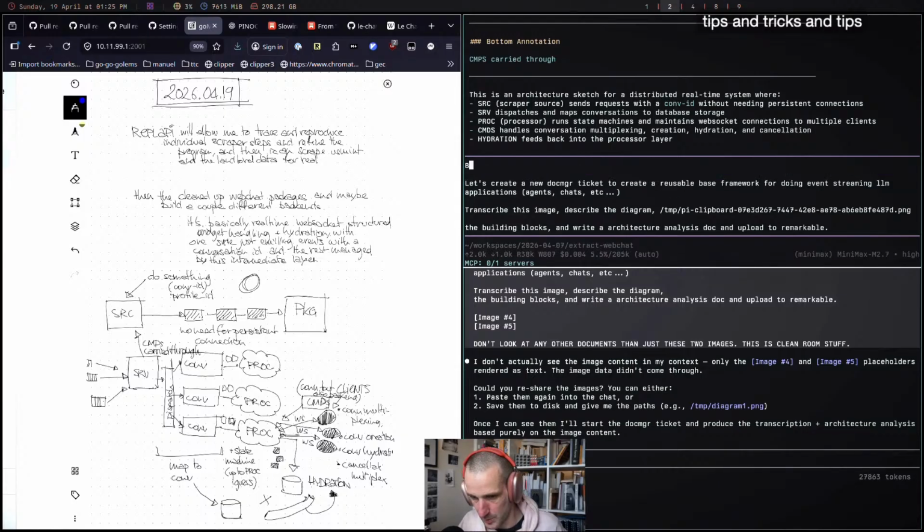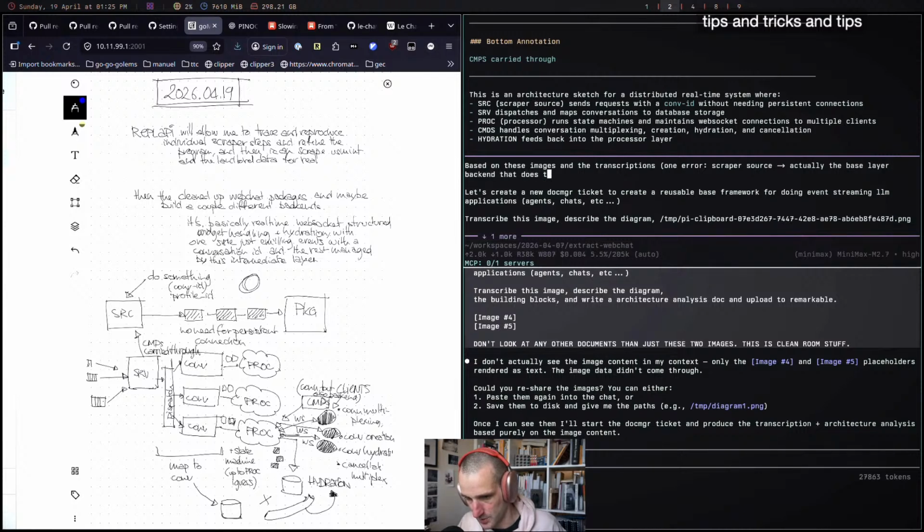So based on these images and the transcriptions, one error, scraper source, is actually the base layer backend that does the actual LLM work.